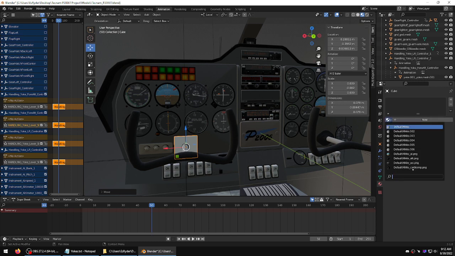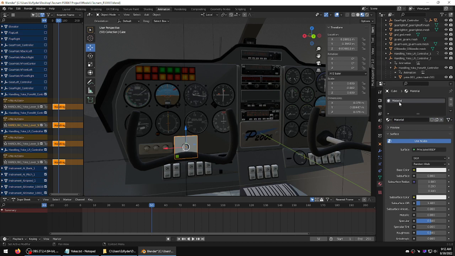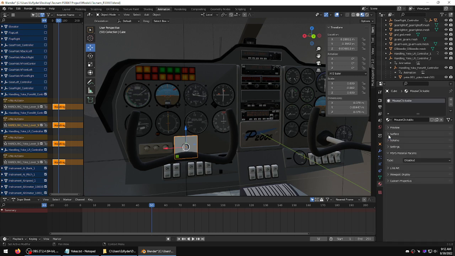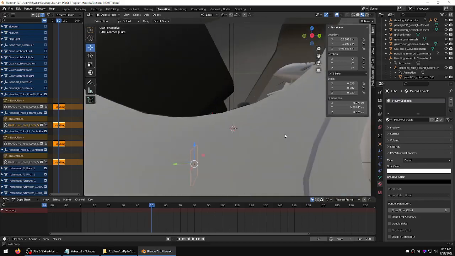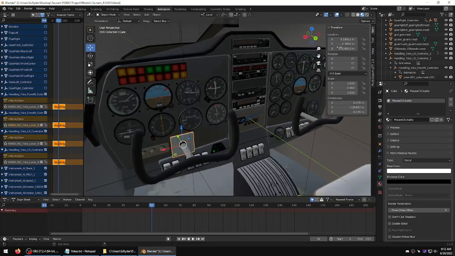Now, let's see. Texture. Do I have it? No. So we're going to create a new one. Just call it mouse clickable. And then we can go all the way to the bottom, and we're just going to set it for decal. Notice it disappears. Actually, oh wait, no, this has to be